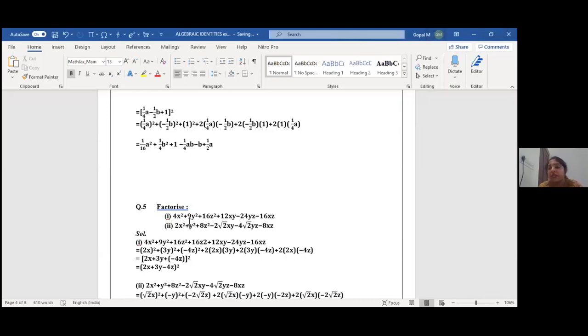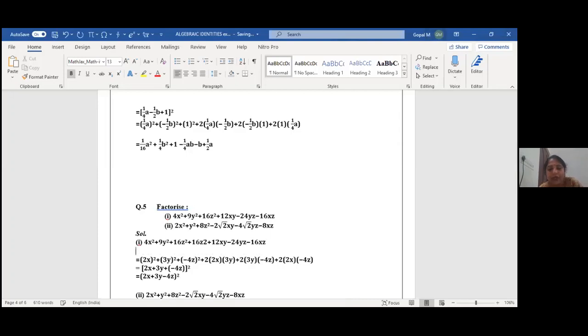Factorizing. But here one small confusion is there. See here you can't easily identify A plus B plus C, all three are positive. But if the entire term is positive, there's no problem. But here see 12xy minus 24yz minus 16xz. Here some terms are negative. Either A or B or C, a negative is there. Am I clear? I'll just say how to identify which one is negative here. Am I clear?